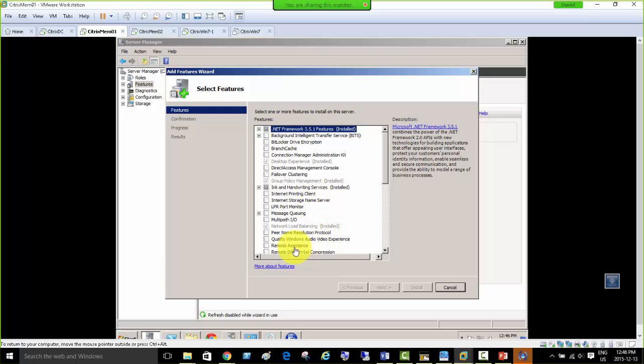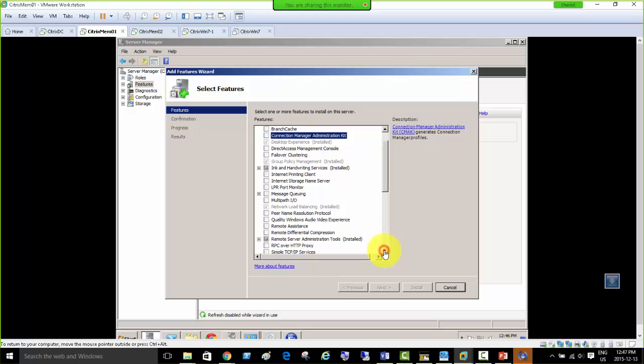And this is network load balancing, desktop connection manager. I can go, internet, no, not internet printing. Not this one. There was message queuing. And if we go a little down,